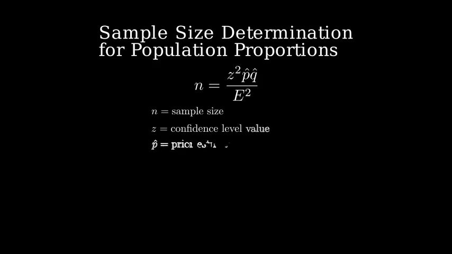Welcome. Today we'll learn how to determine the appropriate sample size for estimating a population proportion using high-speed internet access as our example. The formula for calculating sample size when estimating a population proportion is n equals z squared times